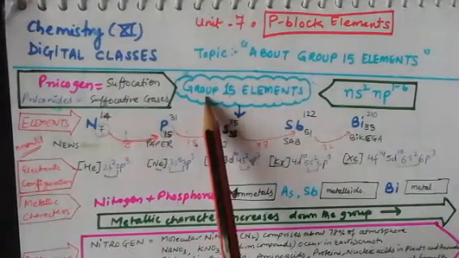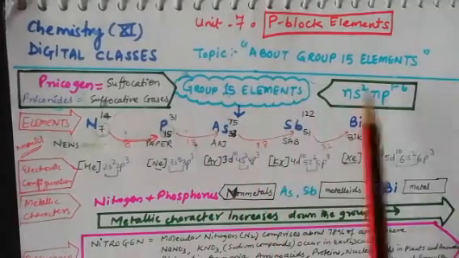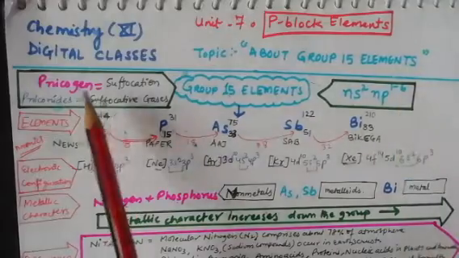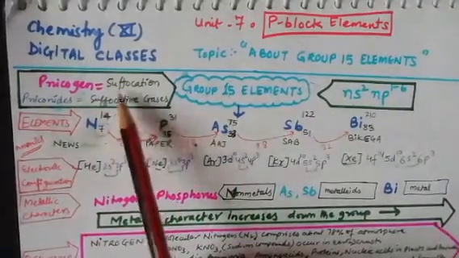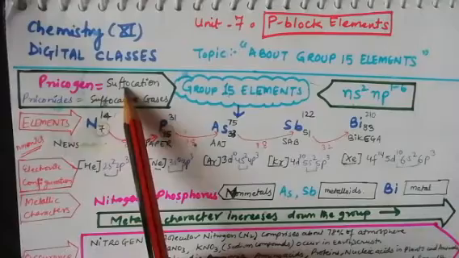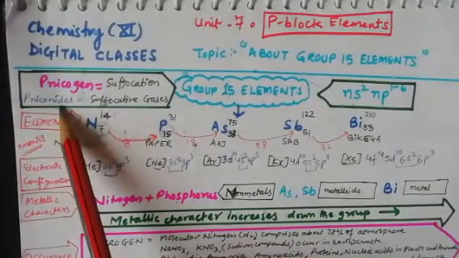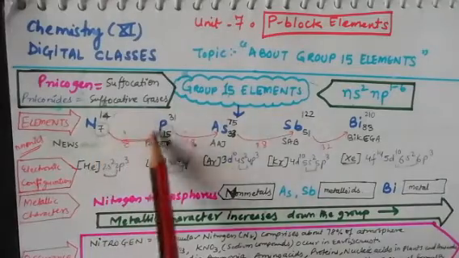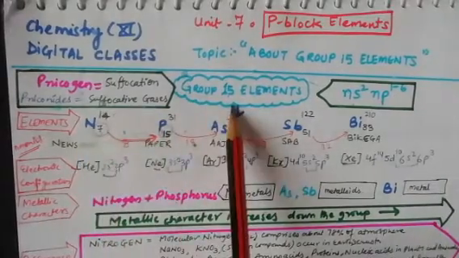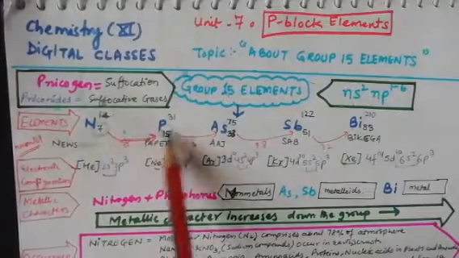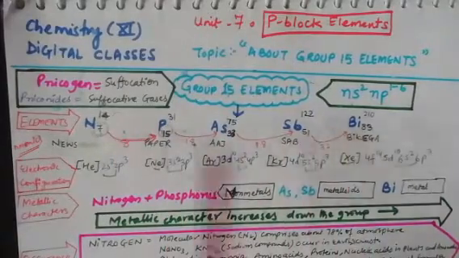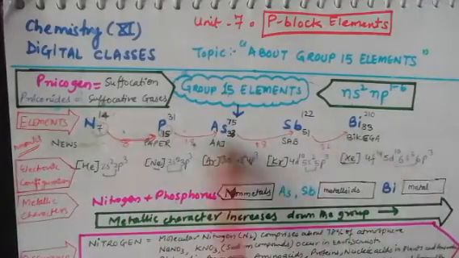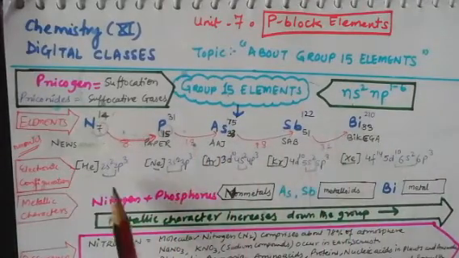We have done the group 15 elements, in which the general electron configuration is ns2 np1 to 6. Pnicogen is the common name, which came from suffocation. So pnictogens are all those elements which are suffocating gases. Basically the members of group 15 are nitrogen, phosphorus, arsenic, antimony and bismuth, which become, in a mnemonic, "Newspaper Aaj Sab Bikega." In this we can remember all the members of the family.